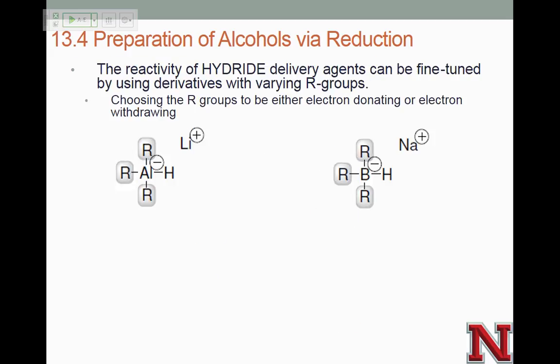But we do have a difference in reactivity between our two. So remember, just because our boron and our aluminum have a negative charge, that doesn't change its electronegativity and its partial charge. So our aluminum is a metal, and it has a pretty strong partial positive charge, whereas our boron is considered a nonmetal, though it is still more electropositive than hydrogen, because hydrogen has about the electronegativity of carbon, and boron is to the left of carbon on the periodic table. So in both cases, what we have is a partial negative hydrogen. Again, this is very different